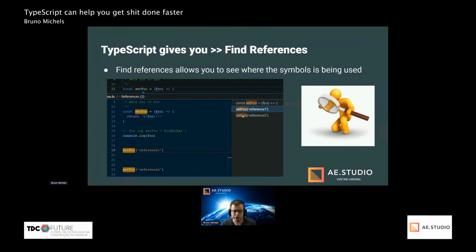If I had other files, if this was being exported and I was using this function on other files, it would show me all the references to the other files as well. And so I can see if I'm exporting something and I can figure out if it's being used by something or not. Sometimes you can be exporting something that's not being used at all. And sometimes you just want to find the references to maybe add an extra parameter, or for whatever reason, you can find all the references this way.